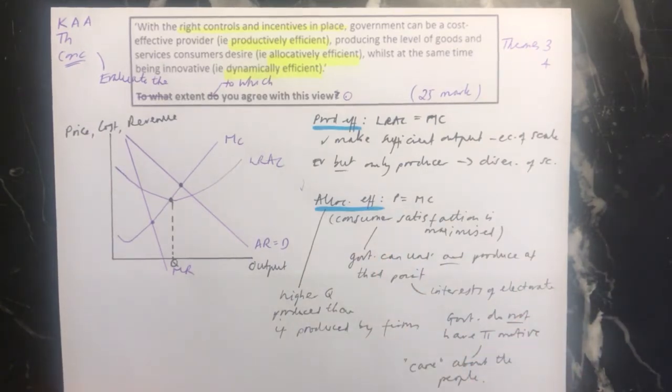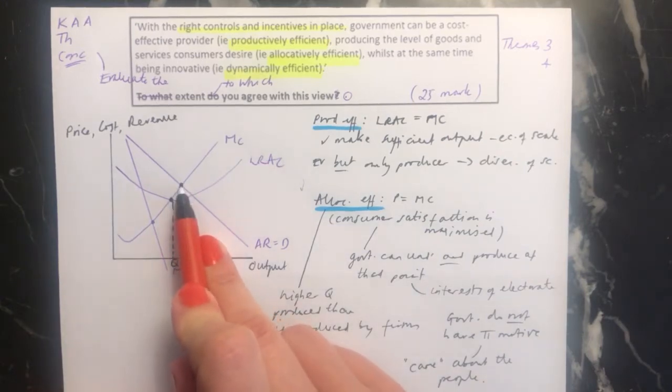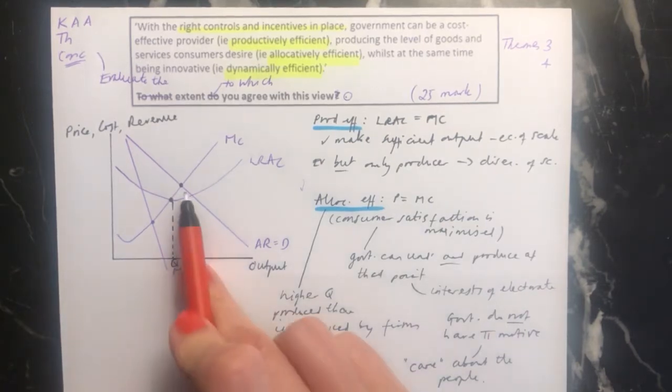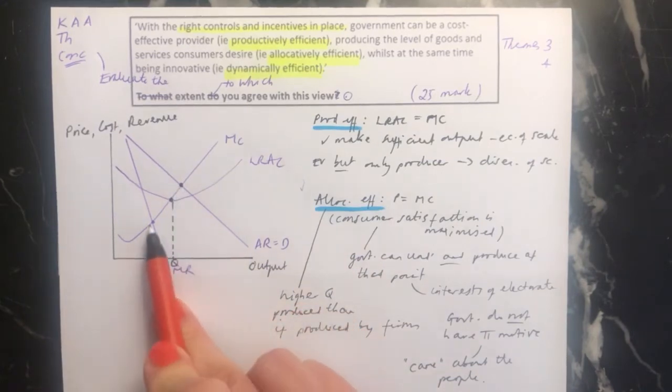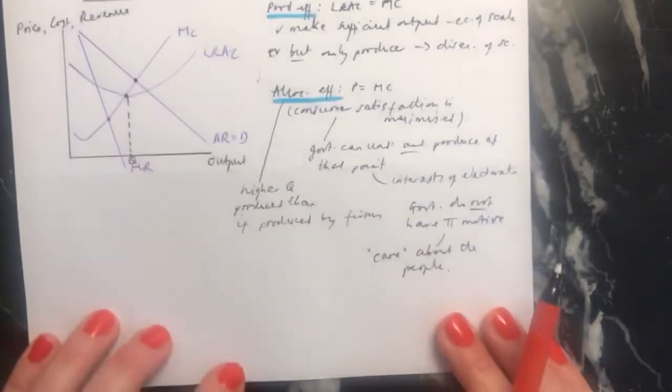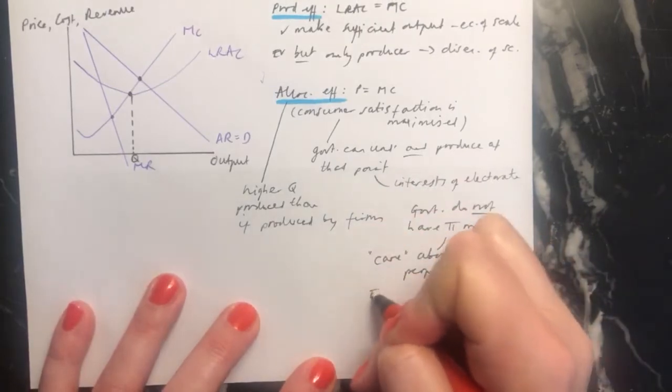Allocative efficiency means consumer satisfaction is being maximised. It's at this point here where price equals marginal cost. And you can argue that the government will have the people's best interests at heart in the country, and that they will be producing more at a higher level of output here than you would have under a profit maximising situation where you had firms providing the products within a country. However, the thing to ask here is, so in evaluation,